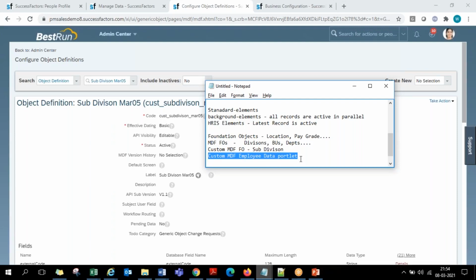Okay, any questions here, guys? Okay, so that's all for now. In tomorrow's session, we'll see this custom MDF based portlet creation completely. Along with that, if time permits, we'll also look into drop downs, how the pick list concept, the drop downs in the SuccessFactors system across all the modules, not only Employee Central, how the drop downs and pick lists are handled. So even that is what we'll be concentrating on. That's all for now, guys.